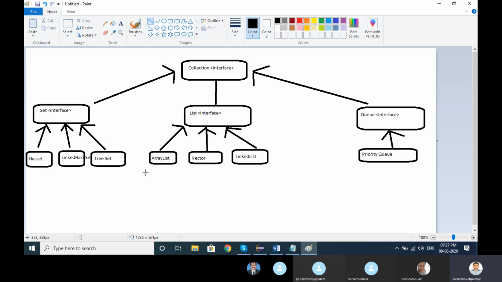What is the first thumb rule of using List? Wherever we have a requirement to take all the duplicate data, then go with List. This is the first thumb rule. It is an ordered collection. It means that whatever order we take, it will keep that order. I will tell you that.